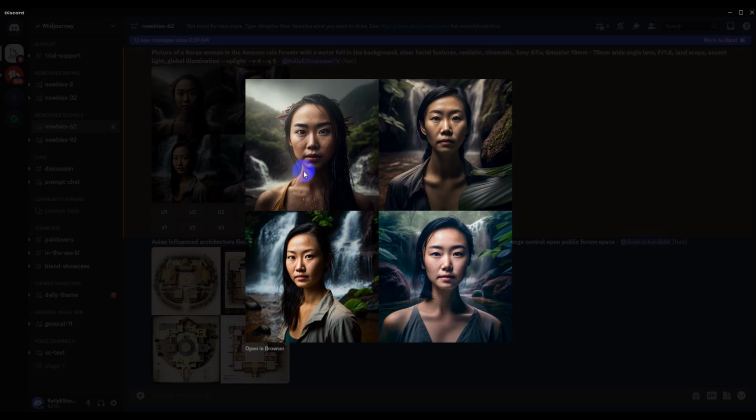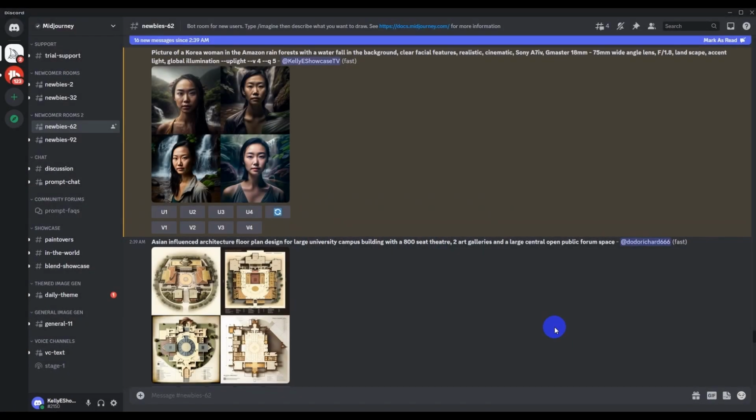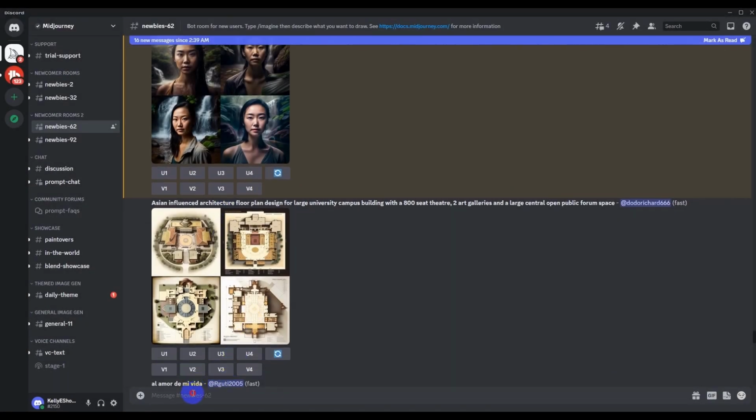But again, I love this idea of the rain. So it would be kind of a mix. Get this one, put her in this. But I love the color grade from these two. This is beautiful color grading. This is wonderful.